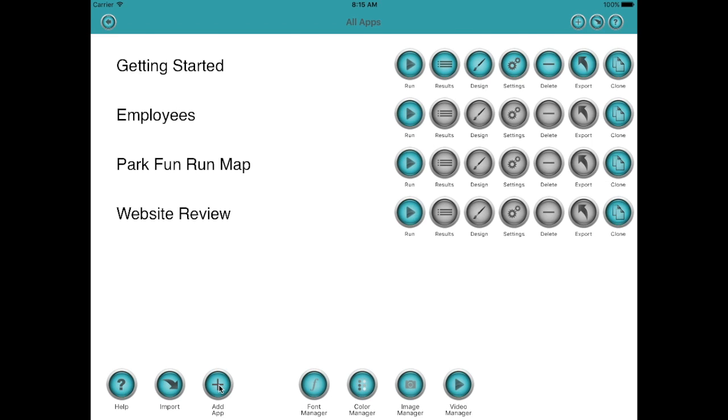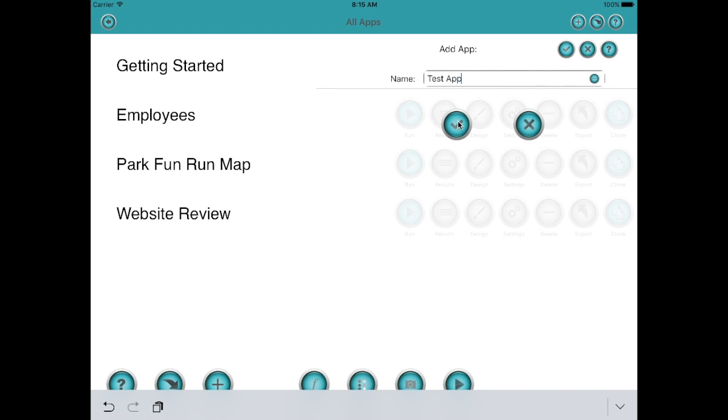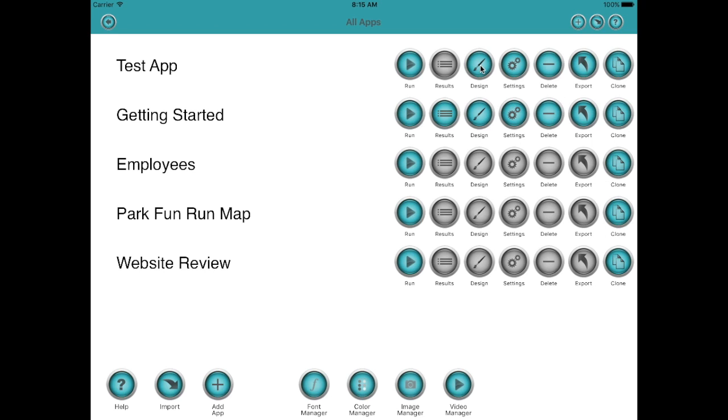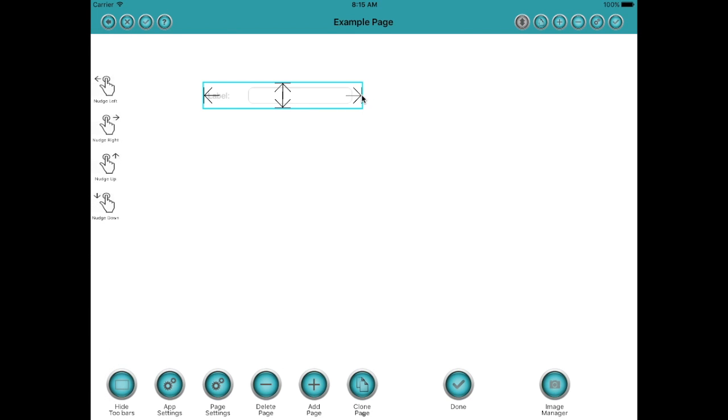Well, we'll have a look at capturing user input using AppMaker, and we'll start off by adding a new app, and we'll give it a little name like Test App. There we go, and go into design mode, and we'll start off by just dragging on an edit box and reminding ourselves that we can